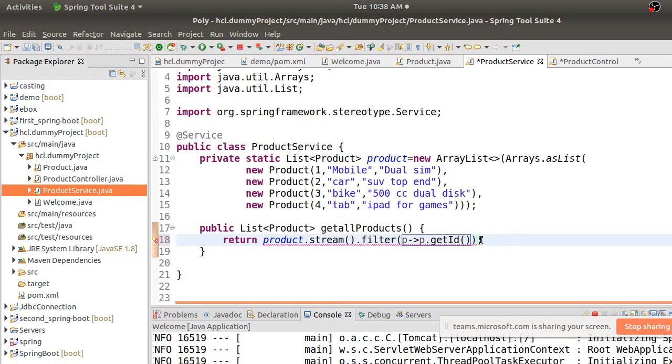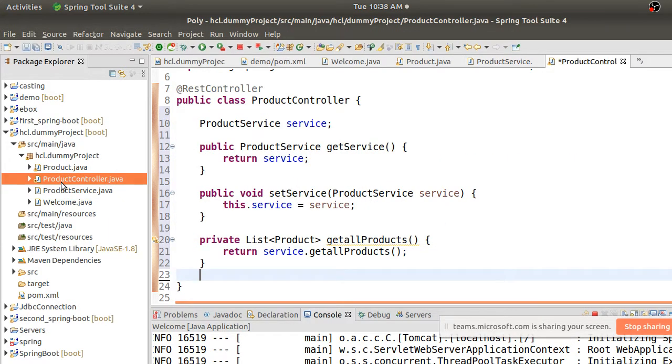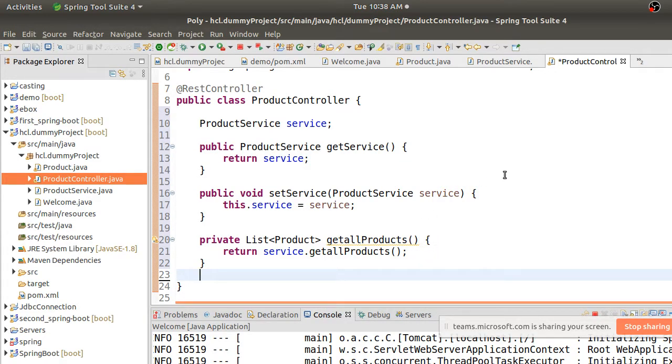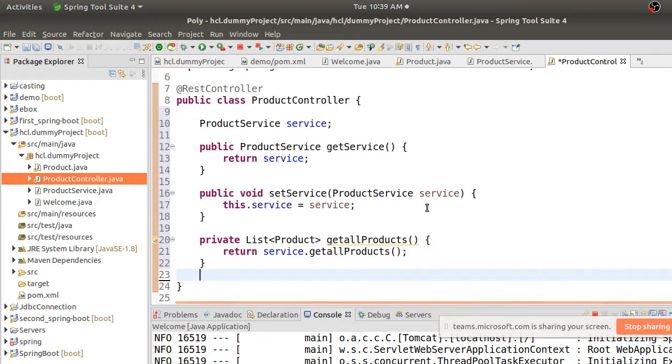Okay, I don't want to iterate it and check for anything. I just want to return that product as of now. And get all products. Products stream is used to get all products.